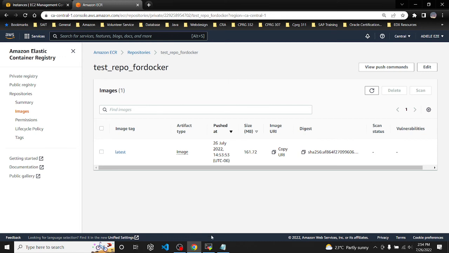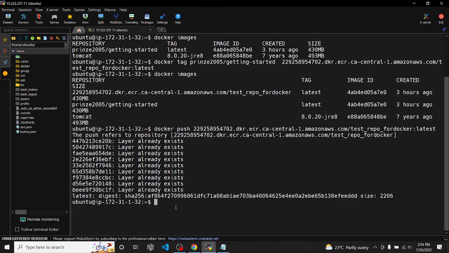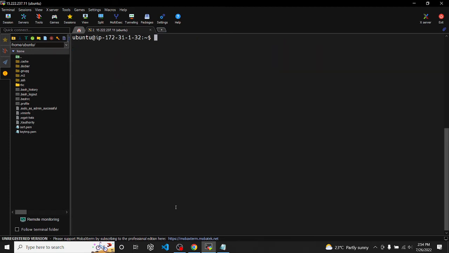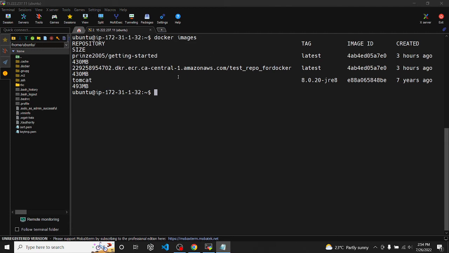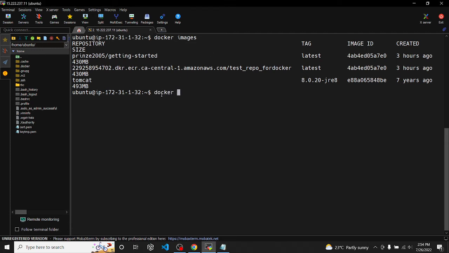So right now we need to start our container, and then our application will be up and running. We can just do docker images. Okay, let's just be sure that we still have those two. And then to run your container, you just do docker run. Use the flags --rm -it -p